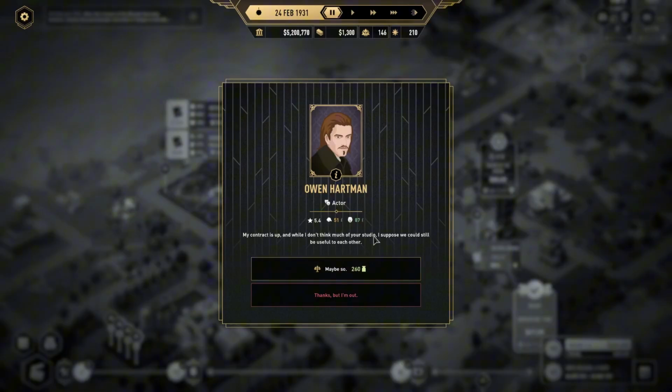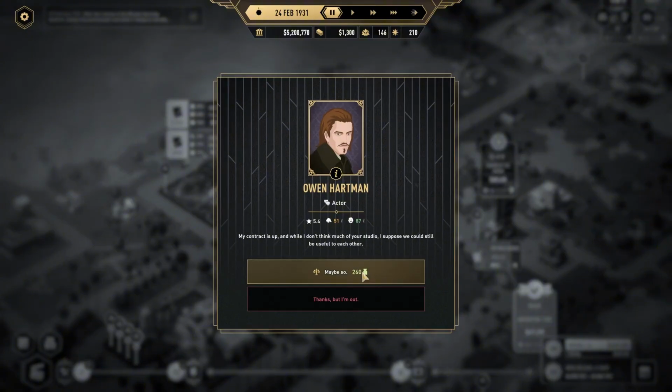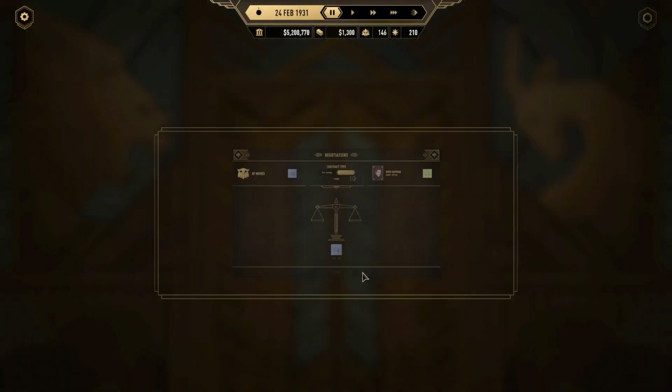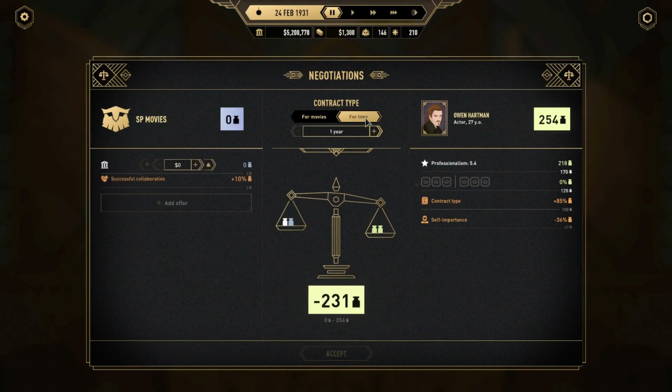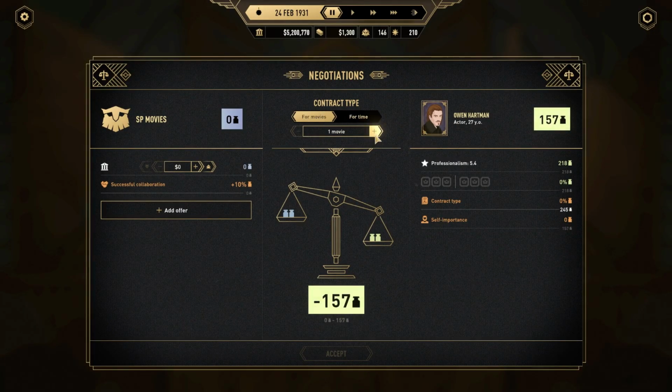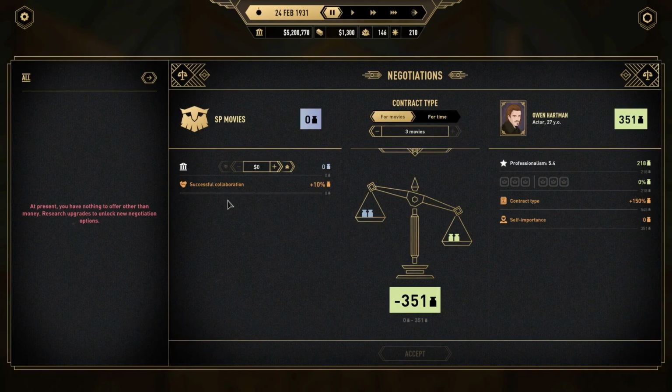And so this contract is up for this particular actor. And he's saying, contract is up. I don't necessarily think that highly of your studio, but we could still be useful to each other. And so basically what he's looking for is $26,000, but for how long? And basically what he's talking about is per year. So if we decided to want 3 years or 3 movies out of him, it'd be $35,000. And he was a 5.4. I think we're going to take him up on that